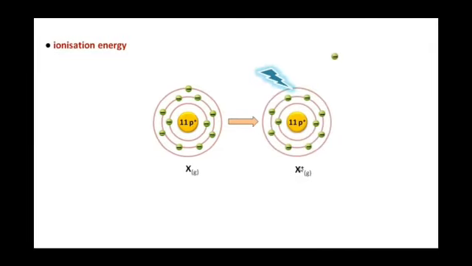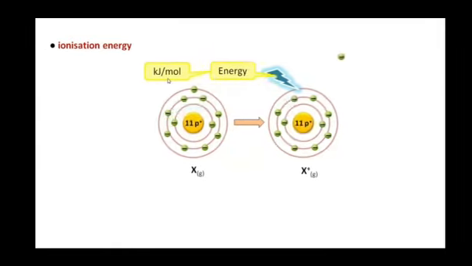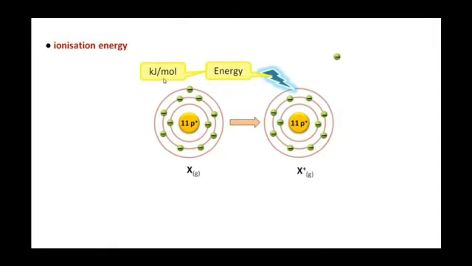After removing the valence electron, we will be getting a positively charged cation. Here, the energy which we used to remove the valence electron is called ionization energy, and ionization energy is measured